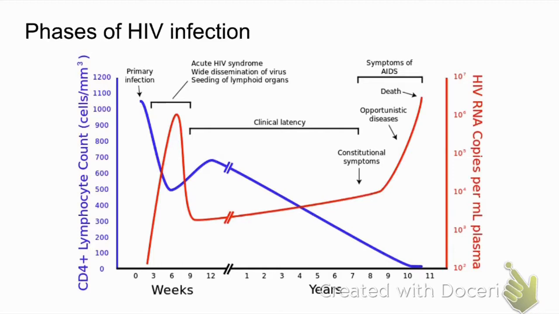After this period of time, the amount of HIV within the blood plasma will decrease, and HIV will have what we call a clinical latency phase, where not many viral particles are being produced. However, when they are, they will result in the death of T cells. And so you can see that over years, the number of T cells decreases while the number of viral particles that are detected increase. By year 8 in this particular graph, what you will see is that this individual has reached the 3rd phase of HIV infection, which is known as AIDS,